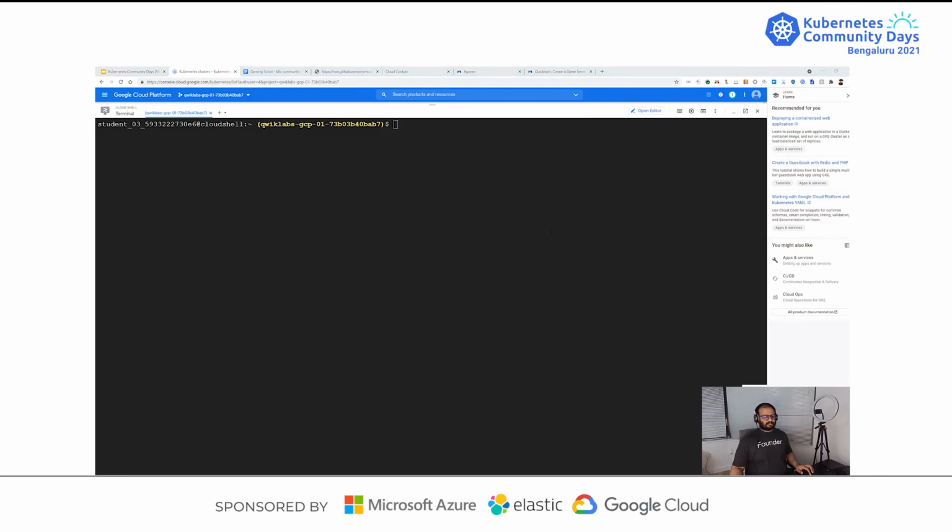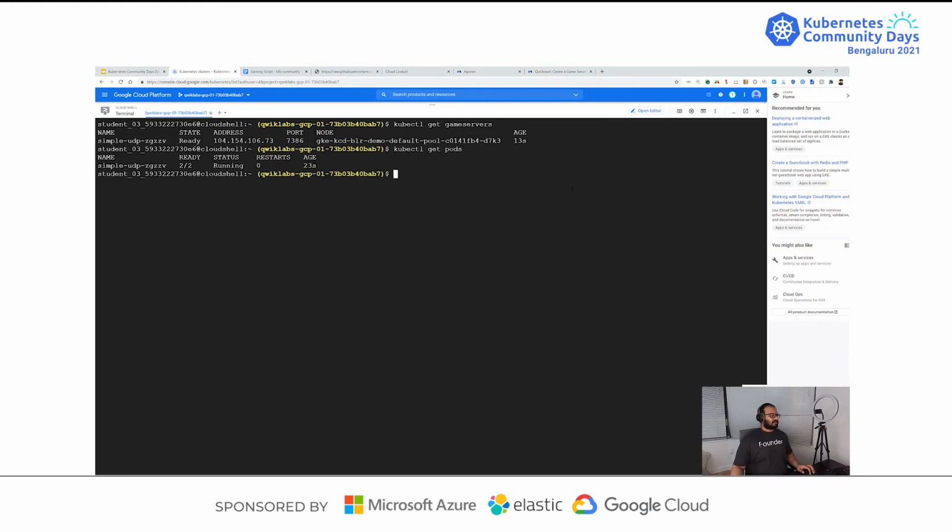Now this is where the magic is. If you see kubectl get gameservers, you'll end up seeing the game server types now. If you look at pods, you'll see the game servers are now actually pods. You'll see a difference between how the pod is displayed versus how the game server is displayed there. So the pods are ready. If you go ahead and retrieve the game server IP address, you have the IP address.